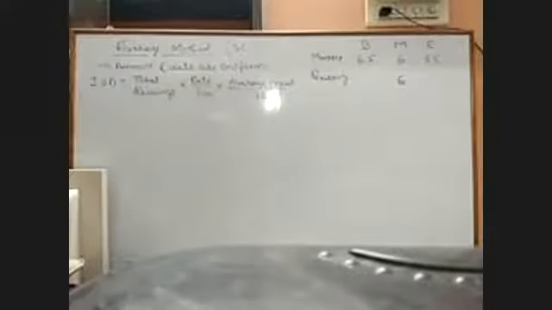That means beginning of the month will be 6.5 and mid will be 6 and end will be 5.5. And the next, that is quarterly. Quarterly means it is a period of 3 months. When you divide the 3 months into 2 parts, it will be 1.5 months and 1.5 months.